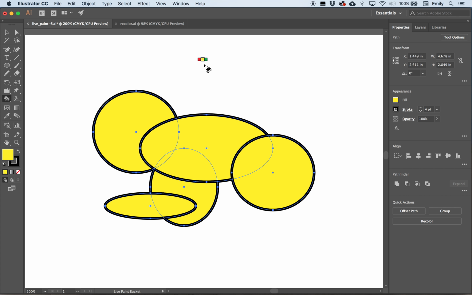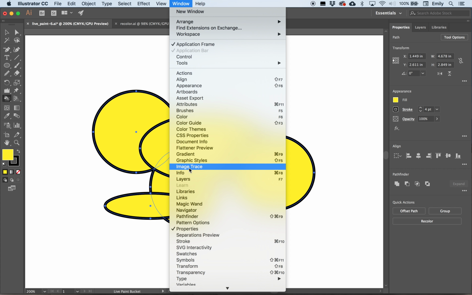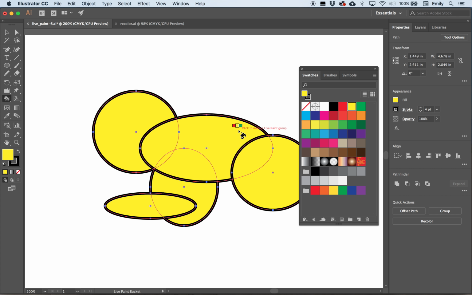Now, the little colors that are above this are actually the colors in my swatch panel. So you can see here it's yellow and I am on the yellow one. It's got red to the left and green to the right, and my little belt buckle here, as I like to call it, has red to the left and green to the right. So I can actually scroll through these, using my arrow keys on my keyboard, and as I do, it moves through the swatches over here as well. So right now I'm in the light blue swatch with a green on my left and a blue on the right, and I can come down here and click to make a live paint group, and when I click,